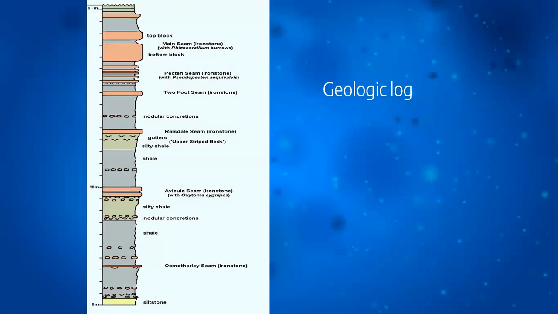This is one example of geological log interpretation. From the bottom: siltstone, after that shale and iron patch, shale, silty shale, again ironstone, ironstone shale, silty shale, and nodular concretion, and like this, the entire log from top to bottom. Which type of formation is there, what the stratigraphy is, and which type of soil is present, we can understand based on this geological log interpretation.